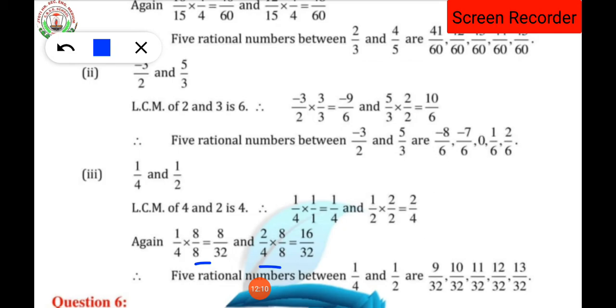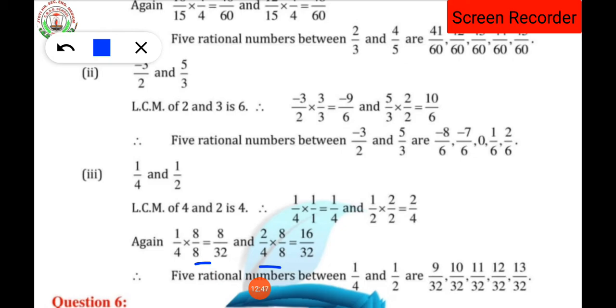Look, first multiply it by 2, by 3, by 4 and see. If you do not get sufficient 5 rational numbers, then multiply it by 5, 6, 7, 8 like this. Okay. Since I am giving you the solution here directly multiplied by 8, you can multiply. But while doing it in the exam, how will you know that multiplying by 8 will give 5 rational numbers? For that only I am telling you, you have to multiply it by 2, 3, 4, 5, 6. Then only you will get the required answer. Then only you will understand.